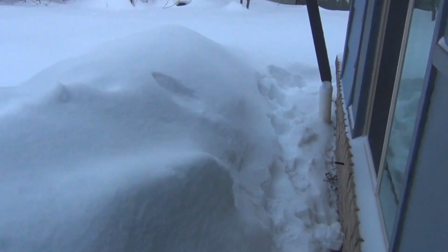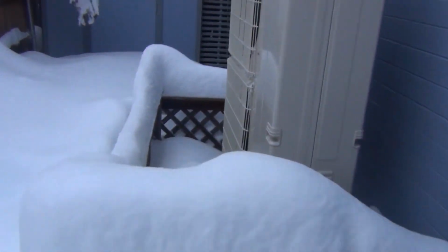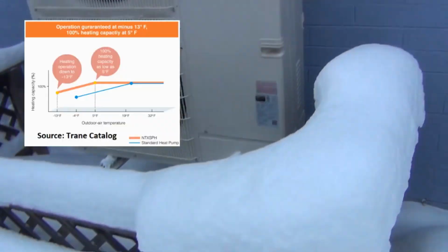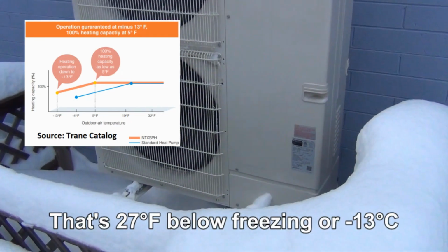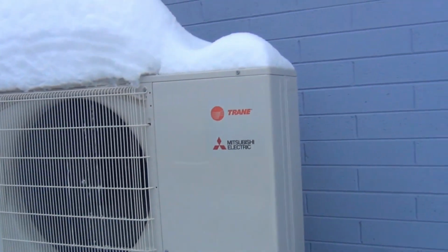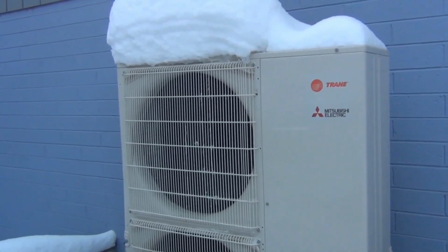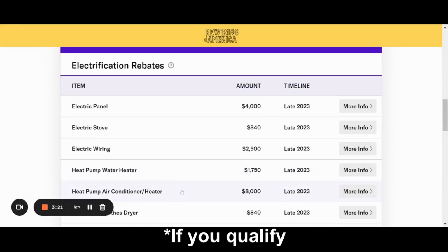And yet, our cold weather heat pump is out here just whirring away, doing perfectly fine. This particular model is still 100% efficient, even at 5 degrees Fahrenheit. It recently kicked back on to bring it back up to 65 again, and is having absolutely no trouble doing that. So if you're considering getting a heat pump but worried that it doesn't work well in the cold, rest assured it works just fine. And for this kind of heat pump air conditioner slash heater, there's a tax credit for up to $2,000, but it seems pretty clear that in most circumstances